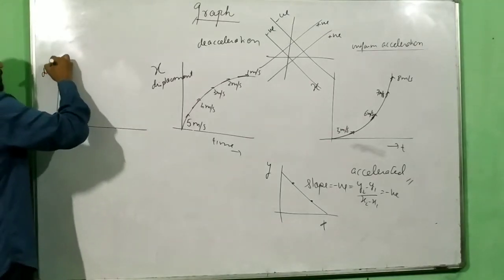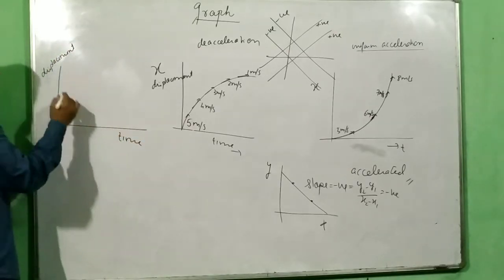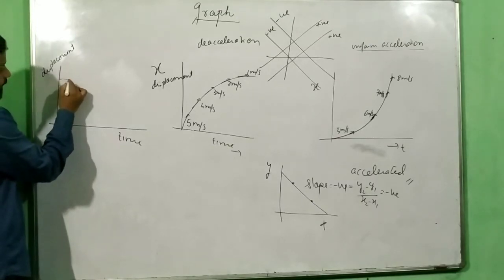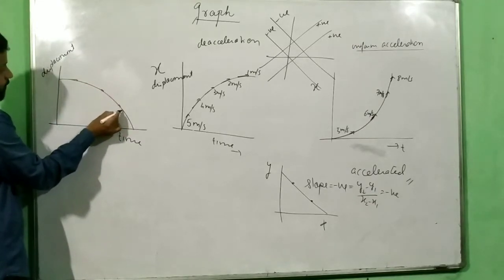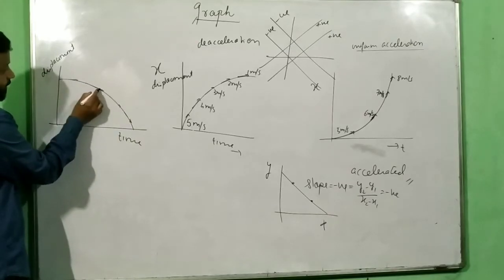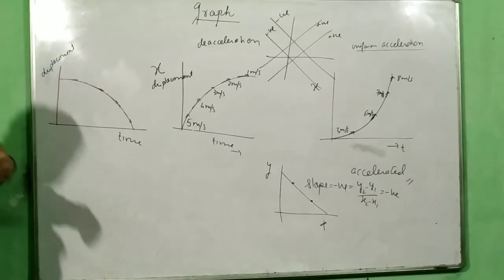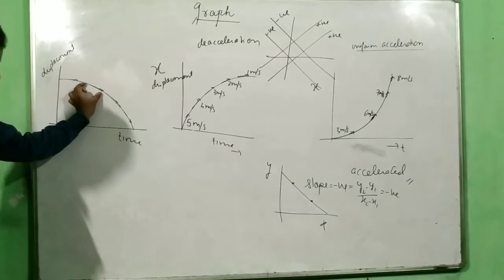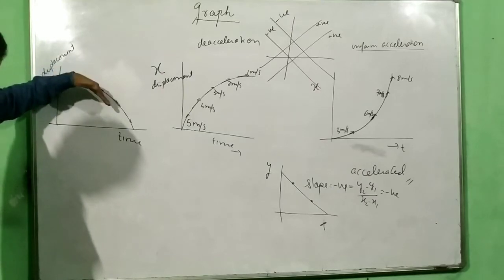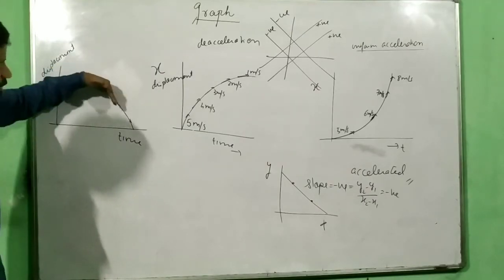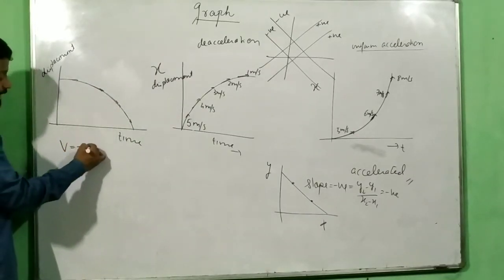So suppose this is my displacement time graph, and let us say it looks like this. Now if you see here, if I draw the slopes over here, just imagine the slopes over here. What is happening to the slope? First of all, the slope is negative. Look at this segment. Look at this segment. Look at this segment. It's becoming steeper, correct? But negative. So this means that velocity is negative.